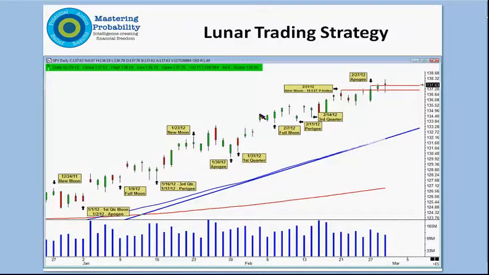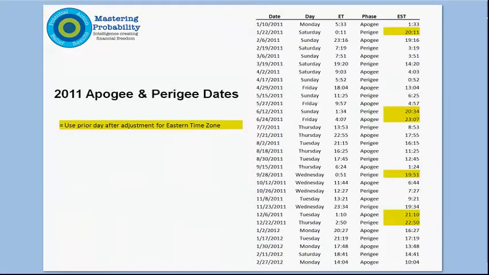And so the SPYs are quite a ways from that. I also did go ahead and put this slide together here. This is the 2011. I had this in not last week, but 2 weeks ago slide. And on this slide, I was able to convert everything to Eastern Standard Time.